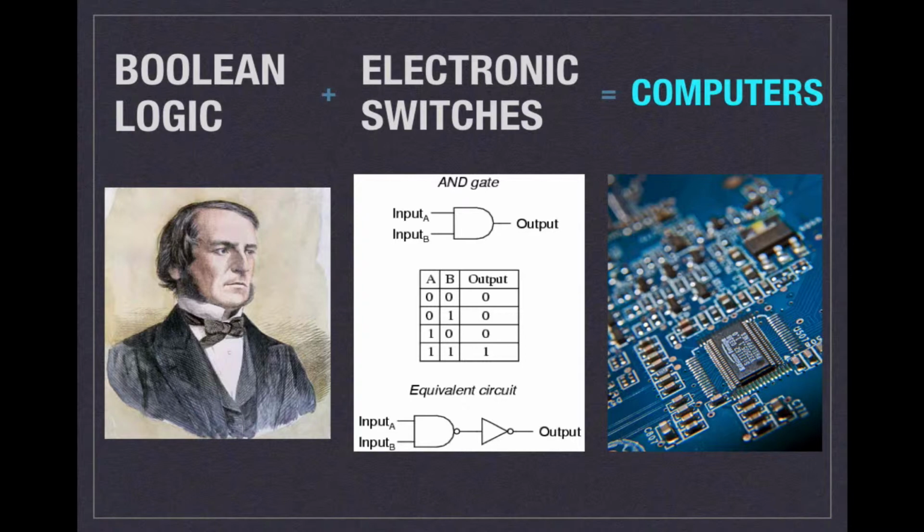Anyway, gates and logic gates. Well, let me just back up. The whole idea of a computer is basically both philosophical and technological. It's the marriage of philosophy and technology. So there was a guy named George, I think his name was George, but his last name was definitely Boole. And he came up with this idea of Boolean logic. He was a mathematician, and his idea about Boolean logic could be summarized as the idea that every single human decision can be modeled as a series of true and false logical decisions.